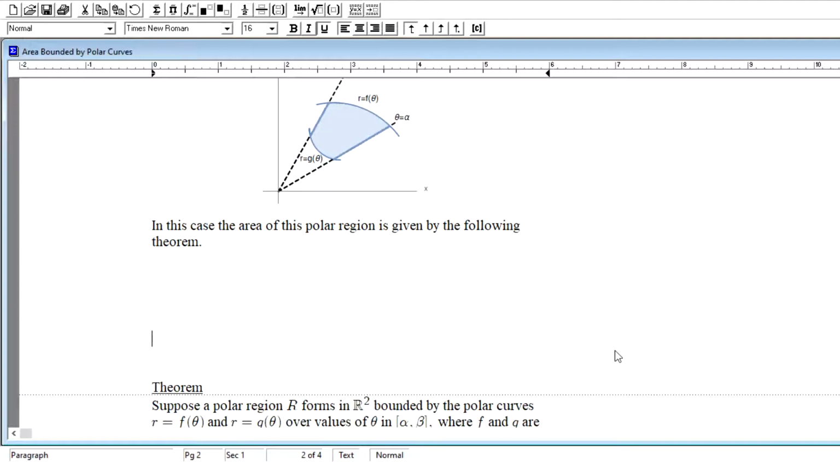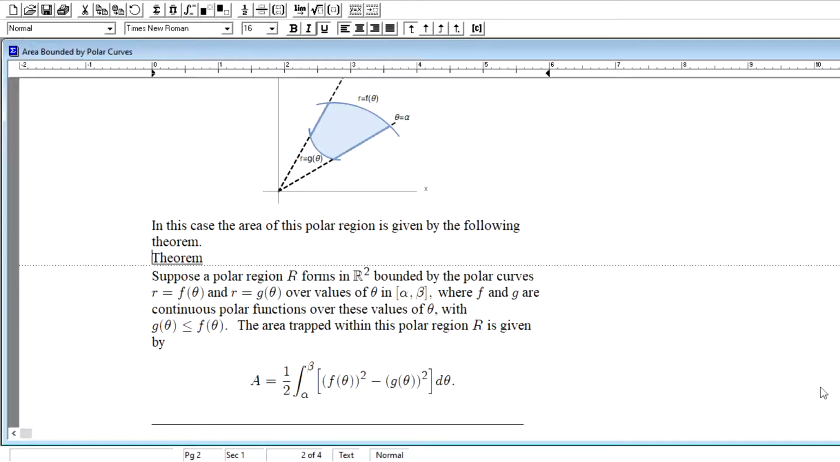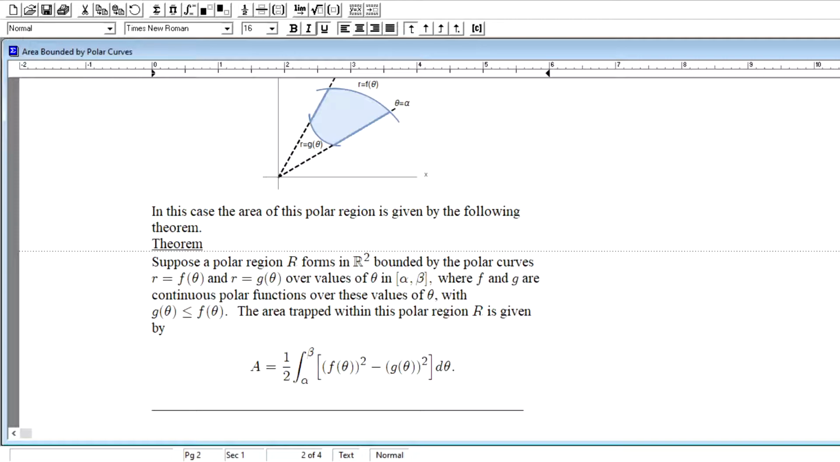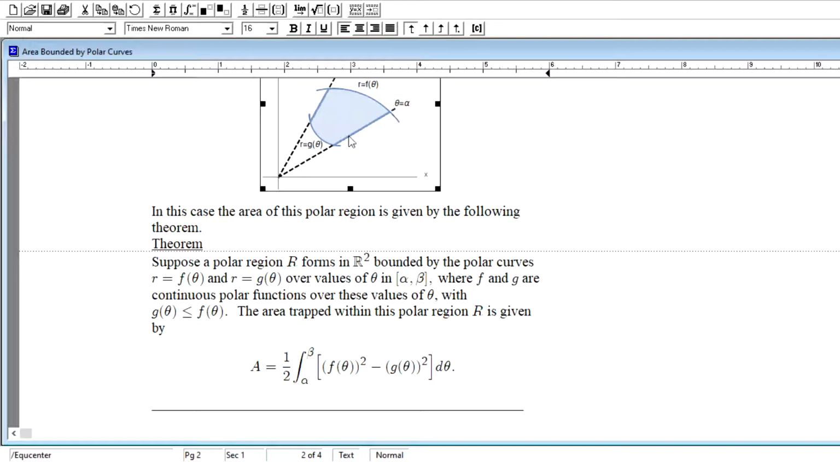And if we bring this formula into view, we will notice, first things first, that it is formed by an integral calculation. It does involve an integration here, folks. We might assume that we have the above polar region. Suppose a polar region R forms in two-dimensional space, bounded by the curves r equals f of theta and r